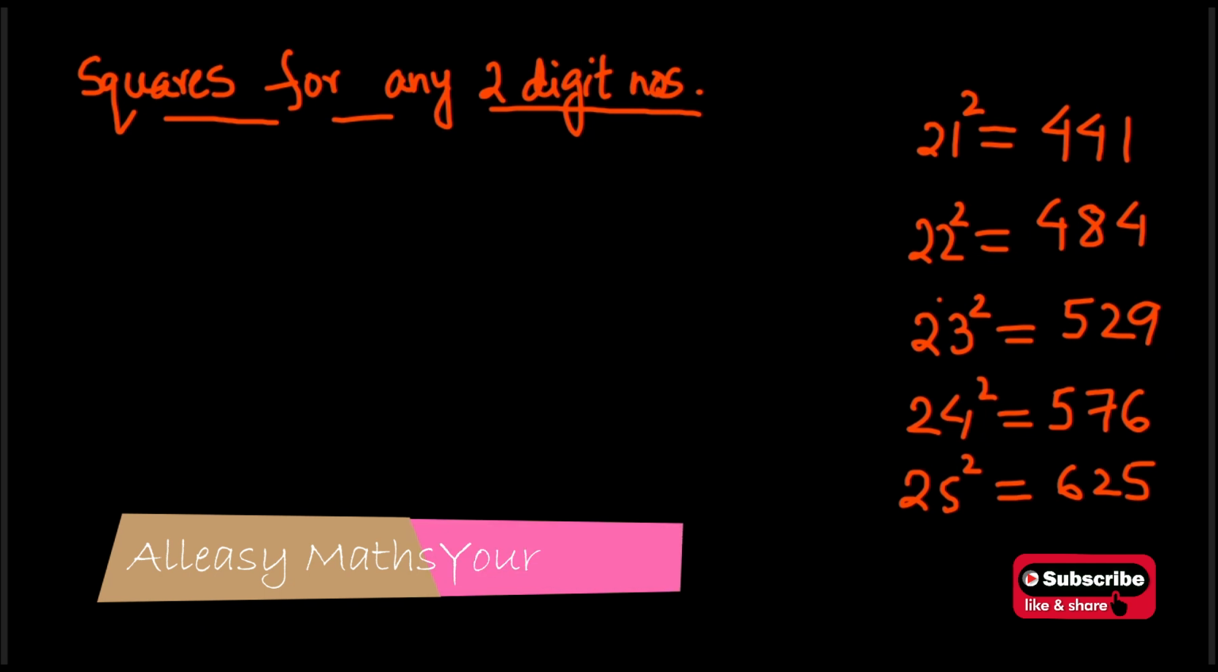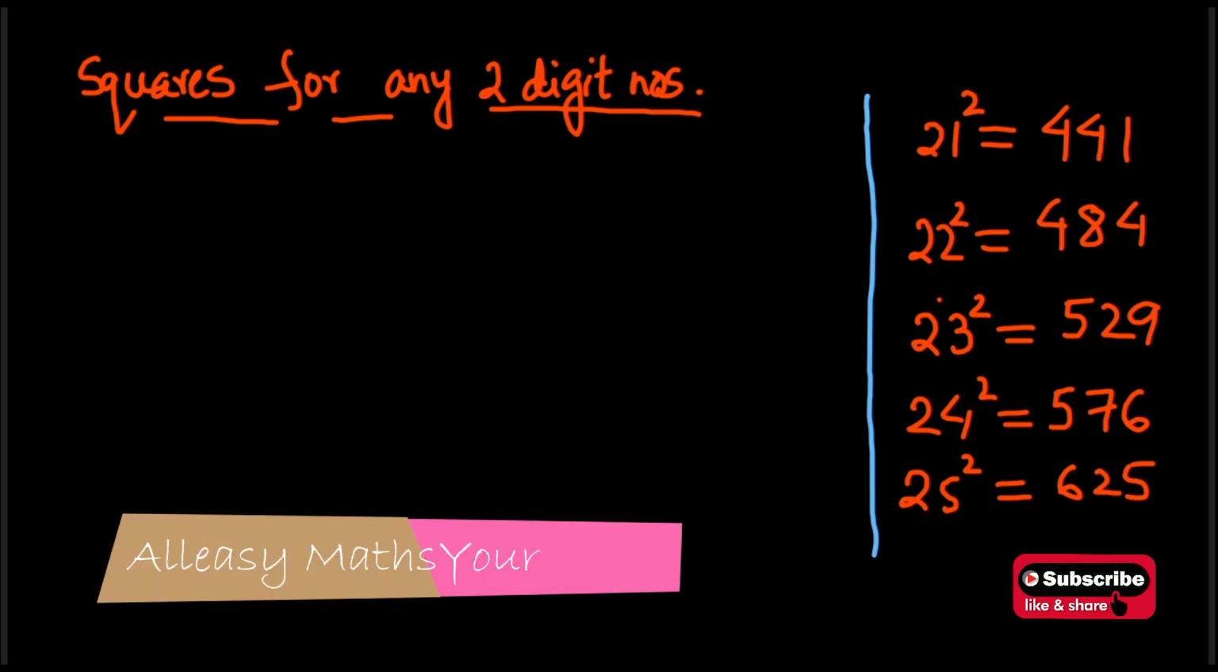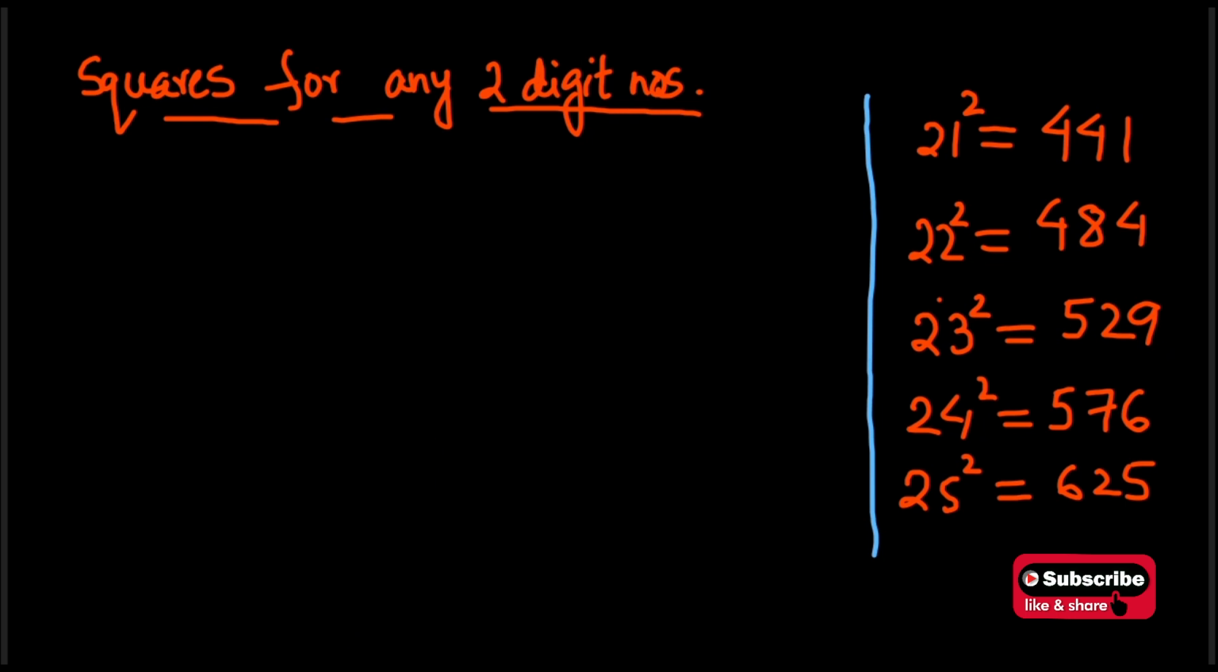Welcome to my channel. Now we are going to discuss the squares of two-digit numbers for any other remaining number. Before that, we have to remember the squares from 21 to 25. It's better if you remember all the squares from 21 to 25. Now without that, we can also calculate, let's say 21 to 29, if you want to calculate the square, and we have